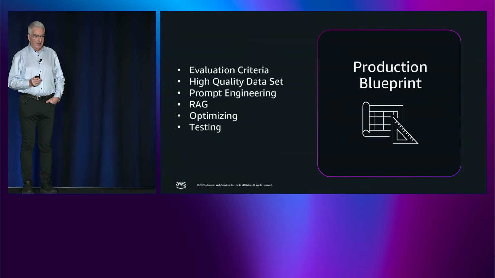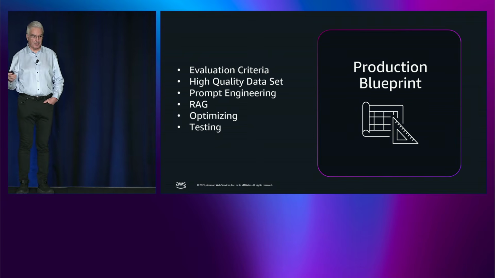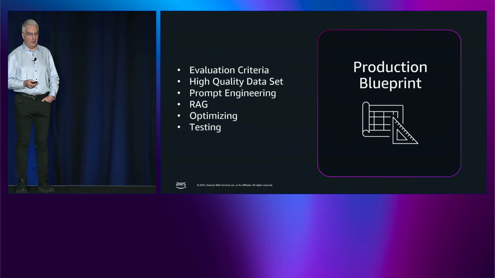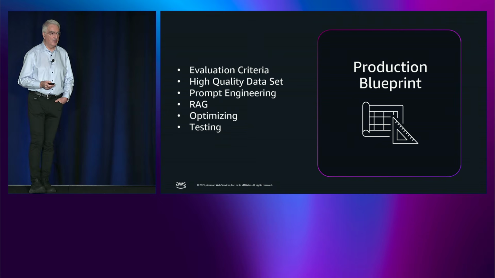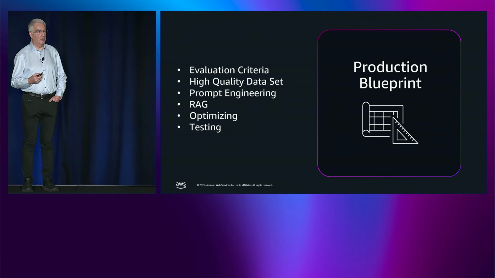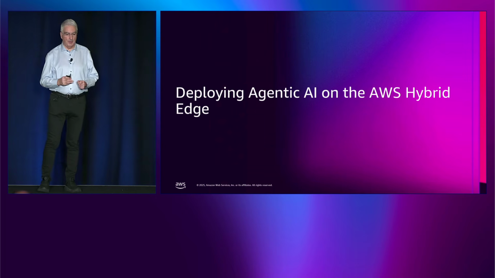And then using RAG is really good for getting fresh data into the model where you don't have to retrain all the time, but it also helps the accuracy of the model, especially in the small language models that we're deploying at the edge. And then we go through an optimization process and the testing process. That's the blueprint we've successfully rolled out into a number of customers now, where we're doing everything from specific Q&A chatbots to summarization and also compliance checking and things like that. So that was the, if you like, the generative AI part of the puzzle.